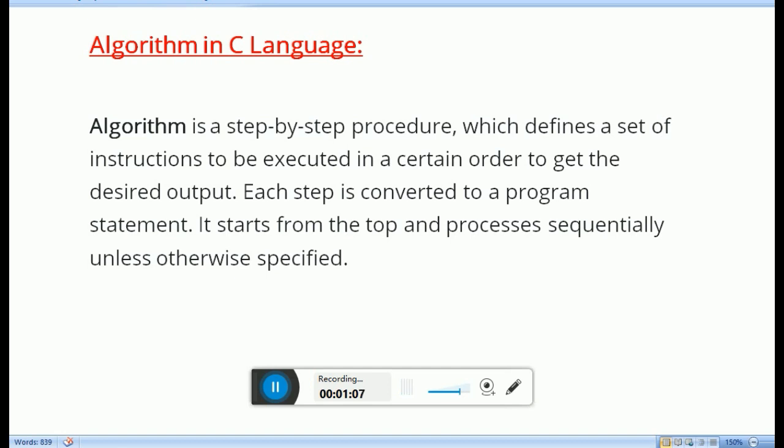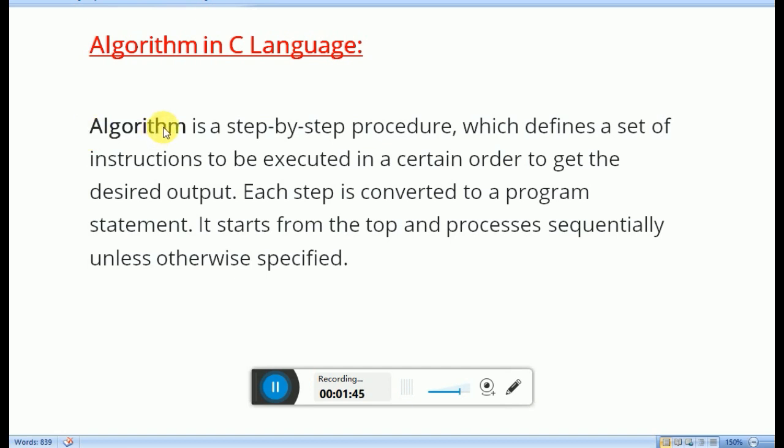In short, you can also give the definition of algorithm as: algorithm is a set of instructions designed to perform a specific task. So dear students, before doing a C program practically, first of all you will have to know the logic of algorithm, because using algorithm you can break down the program. After that you can type the program. So algorithm is very important and this question frequently comes in the exam.